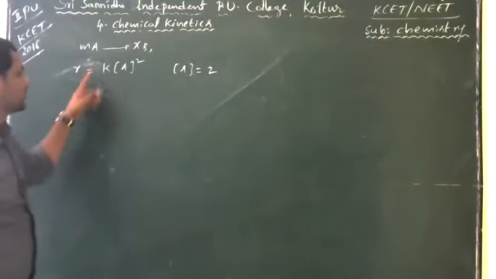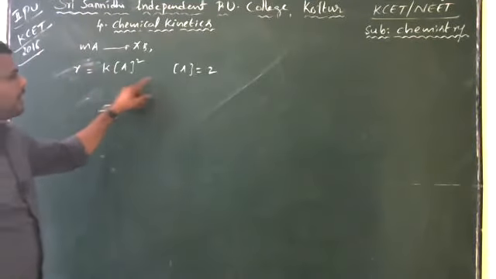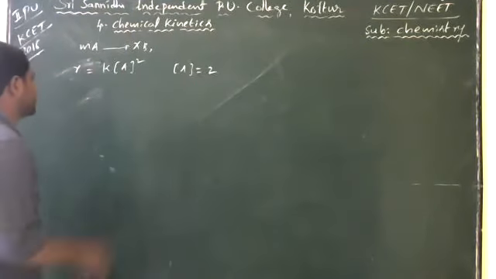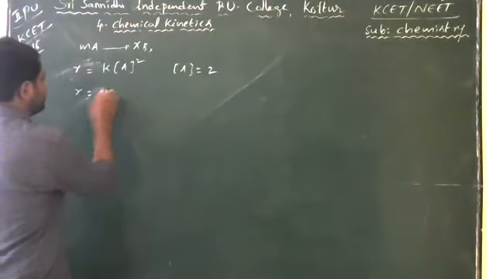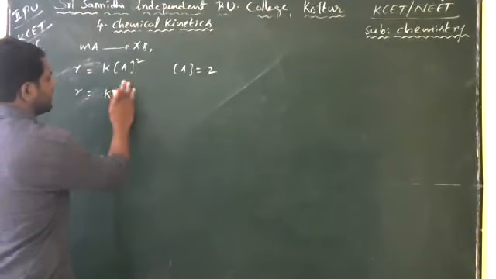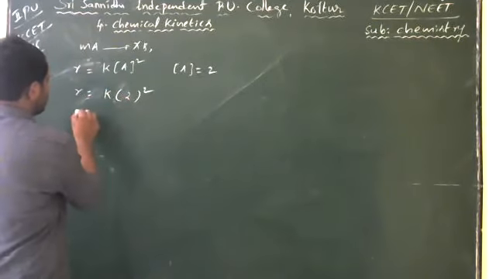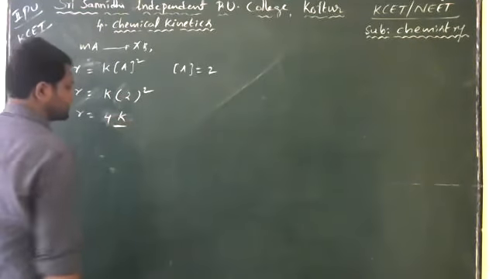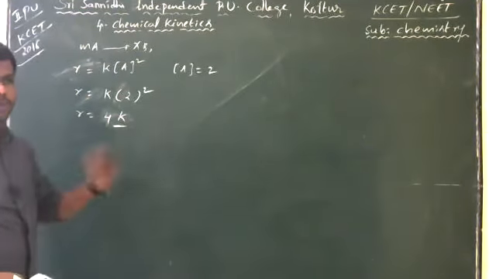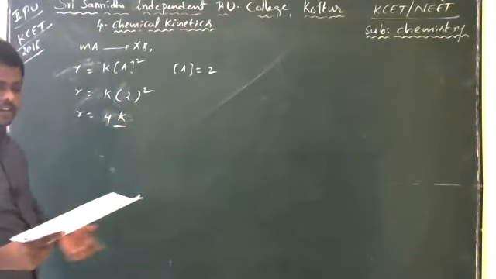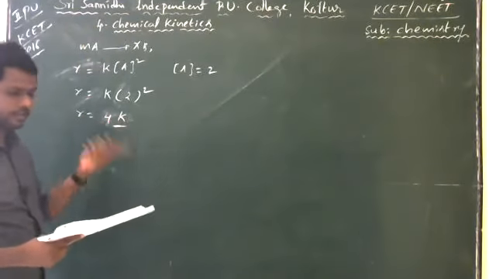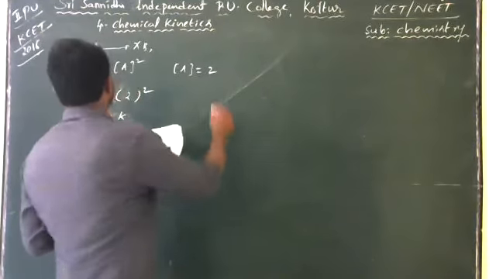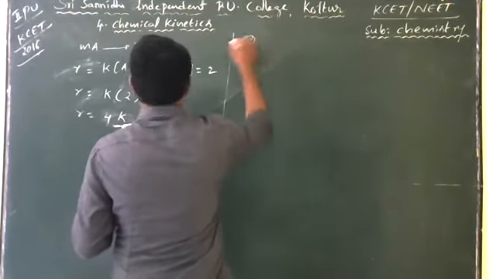So when the concentration of A is doubled, what will be the rate? Rate is equal to K into 2A squared, which is rate is equal to K into 4. That means the rate is increased; rate is equal to 4K, nothing but quadrupled, which is option B, the right answer. Quadrupled. Next, question number 8 from 16.